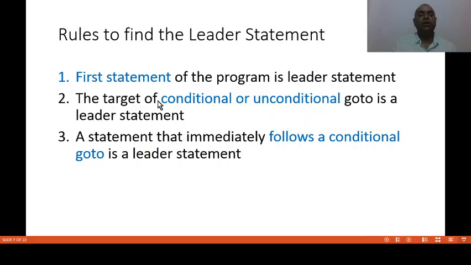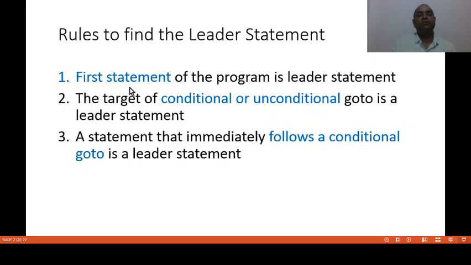The target of conditional or unconditional go to is a leader statement. Unconditional means go to 3, like conditional means if A is less than B, then go to 3. That means the target of conditional or unconditional go to is a leader statement.